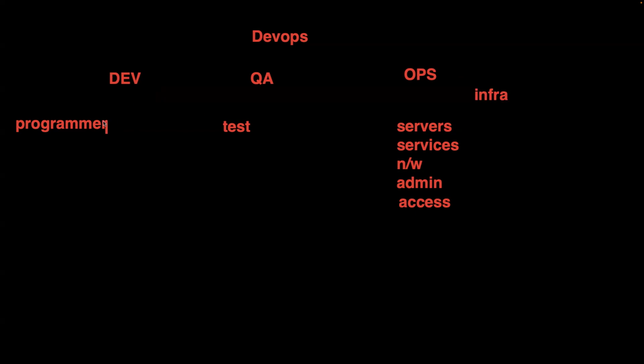And also, for developers to perform their tasks, maybe to write the code, build their code, or design their application, they may need certain tools, certain operating systems, certain changes. Similarly is the case with the QA team. So if the development team or QA team need any changes to the infra, they will request the ops teams, and ops teams should serve their request. Right? This is how it works.